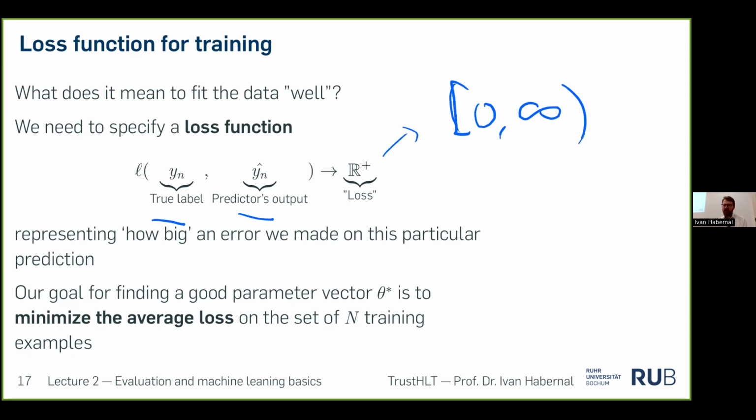That's correct. And our goal for finding a good parameter vector is actually to minimize the average loss. This is the average loss we're talking about on the set of n training examples. This is the trick. We have only limited training data, so this is all we have. So we want to find a function which minimizes the loss on the training data, and at the same time, we hope that it will generalize well on the unseen data. This is the holy grail of machine learning: trying to learn from finite data, being able to do infinite